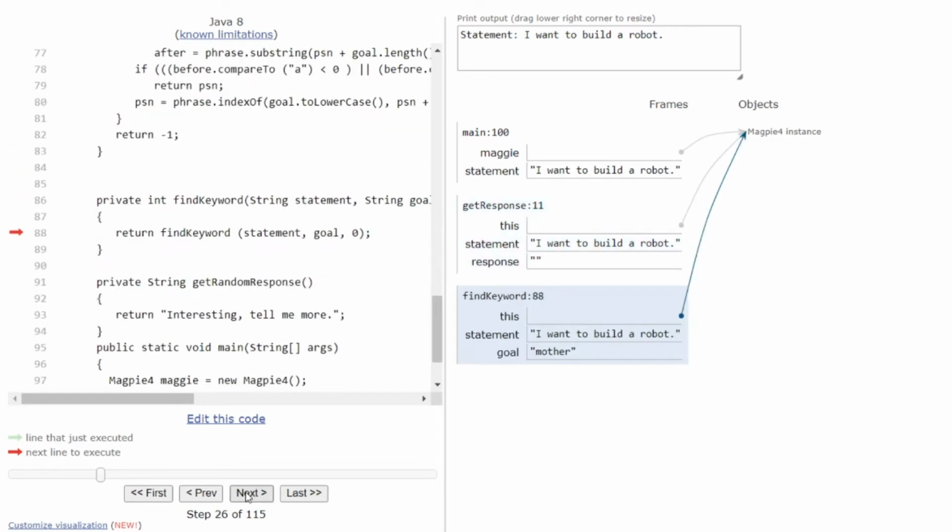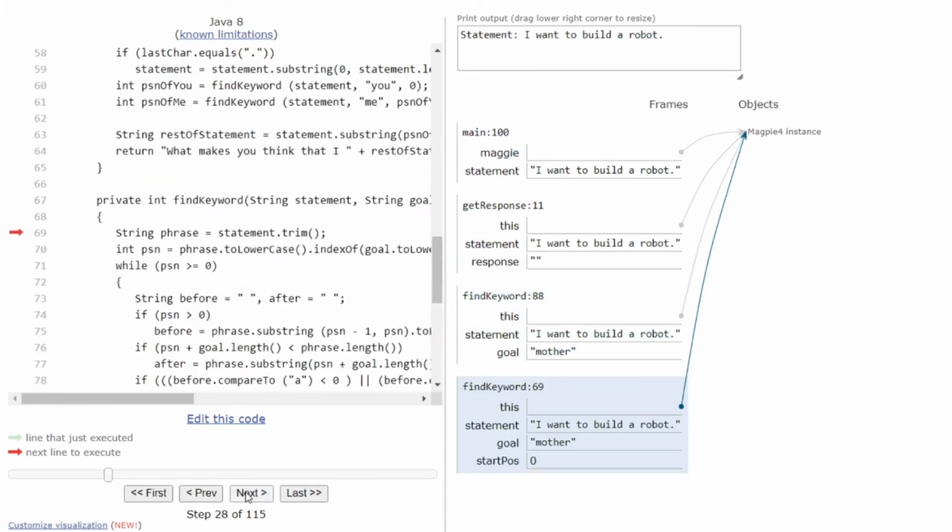So now we're going to go over to mother. Is mother the same thing? We're just checking against our phrases. So far, we haven't hit anything. It hasn't been blank. It hasn't been no. So it's just going to look for mother. Again, if it's not in there, we're bringing back a -1.